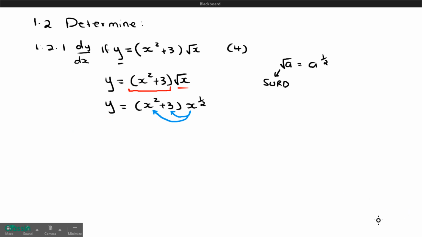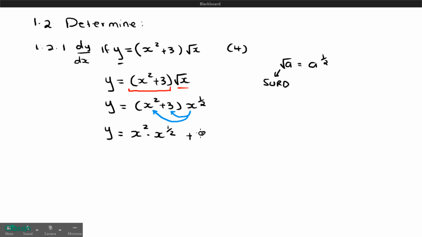So if we start with x to the power 1 over 2 multiplying x squared, we say we have y is equal to x squared multiplied by x to the power 1 over 2